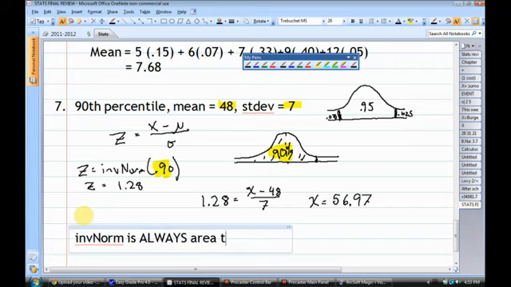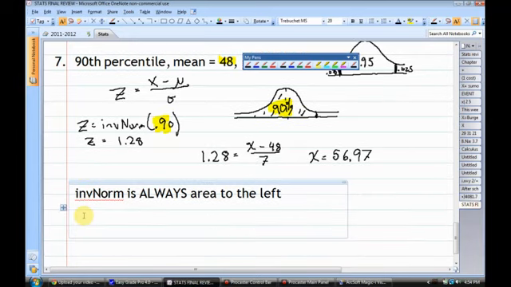area to the left. So is there something in the calculator that's the area to the right? There is nothing in the calculator that will do area to the right. So are you going to get any problems about the area to the right or something? You could. And then you would just reverse it and then subtract from 1 or something like that? Subtract from 1. So you would do the inverse norm of, let's say it was like the